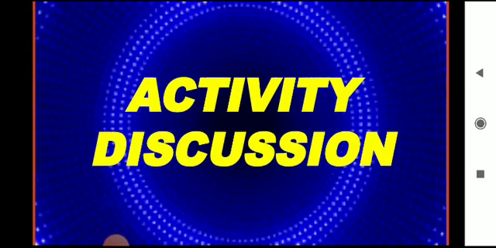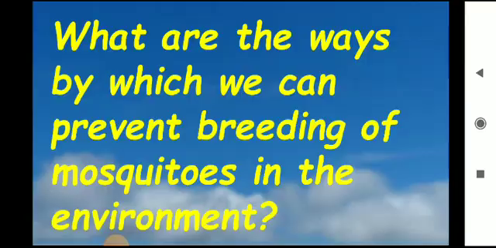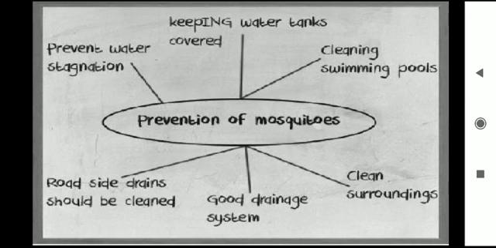Activity portion clear? Now moving towards activity discussion. Our question is, what are the ways by which we can prevent breeding of mosquitoes in the environment? Do you know the different ways by which we can prevent breeding of mosquitoes? Do you know what the ways are? Your answer will be,